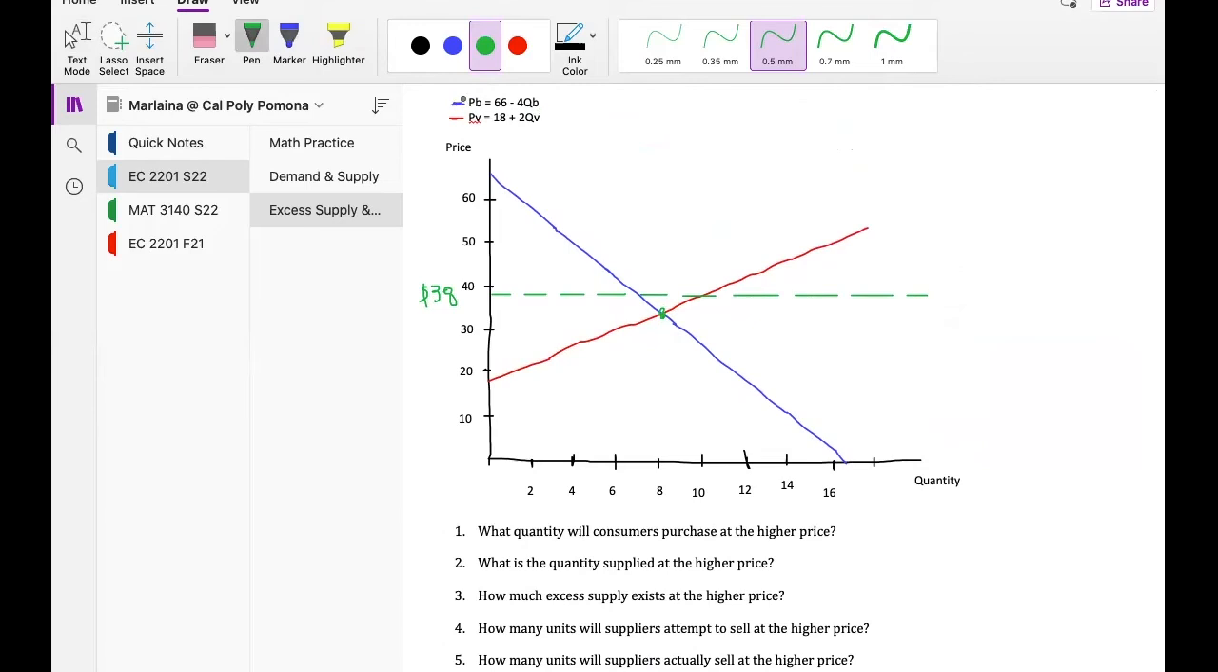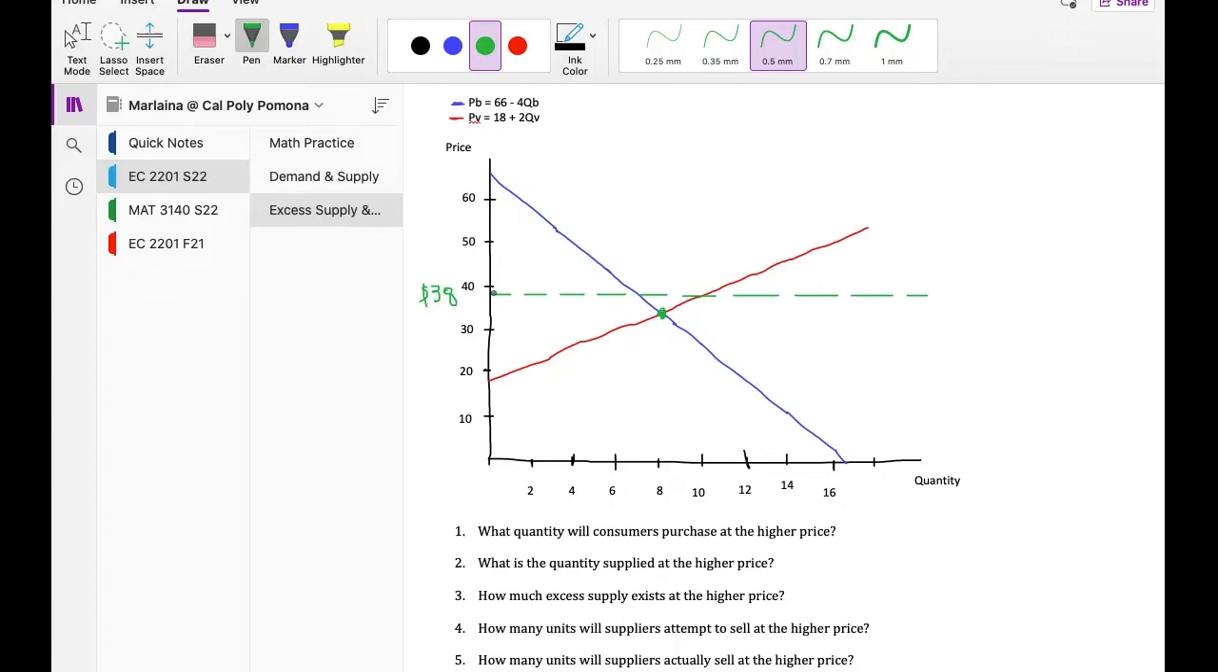Here, the equation with the blue line next to it represents our demand curve. The equation with the red line next to it represents our supply curve. And then we have this green dashed line across for this price. We know the equilibrium price and quantity is right here where the lines intersect, but we're going to say,